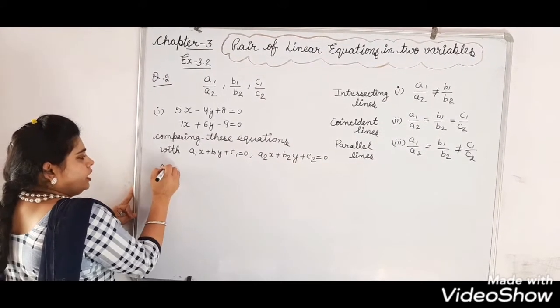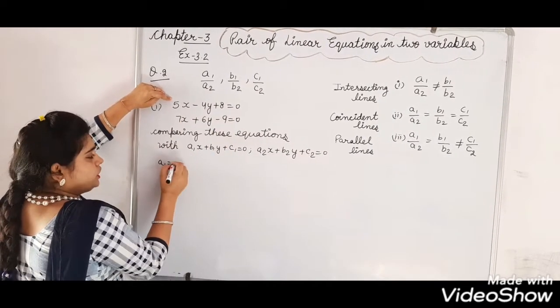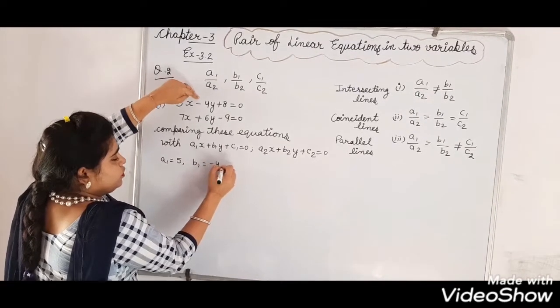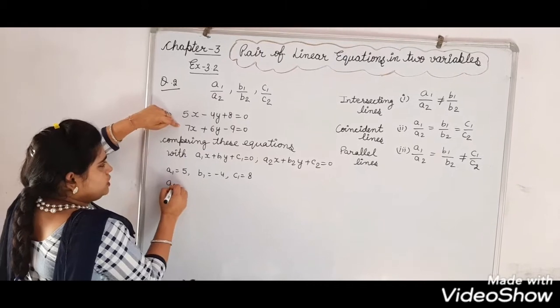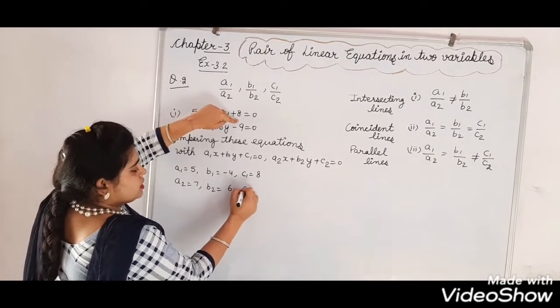Then, this is our first equation, a1 is equal to 5, b1 is equal to minus 4, c1 is equal to 8, a2 is equal to 7, b2 is equal to 6, c2 is